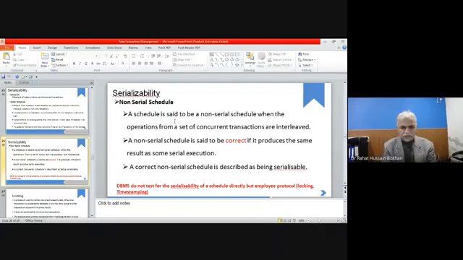Database systems do not test for serializability of the schedule directly, but deploy protocols such as locking and timestamping. These protocols are pessimistic protocols, applicable within database management systems. In order to achieve serializability, all transactions should be carried out in a way that there is no inconsistency within the databases. For that we have the mechanisms of locking and timestamping.